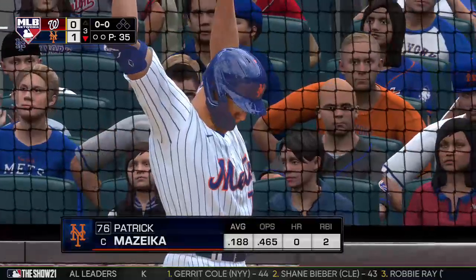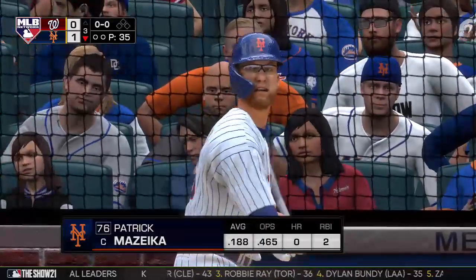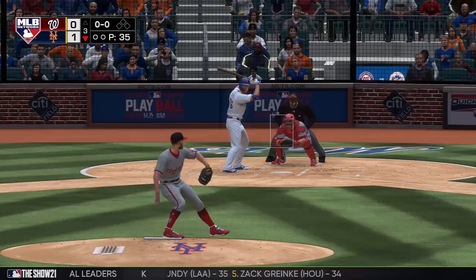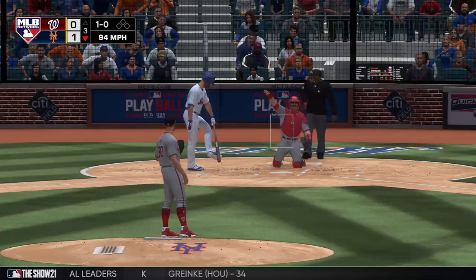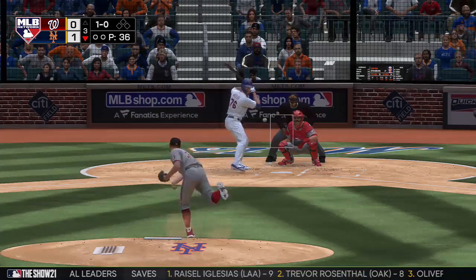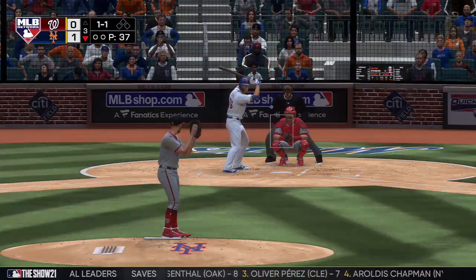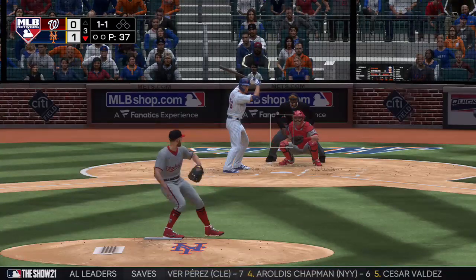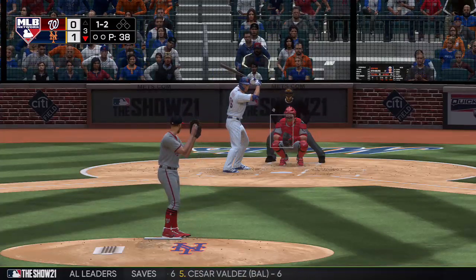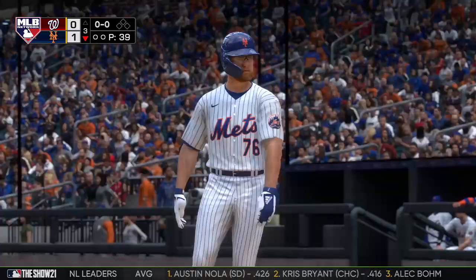Now into the box, Patrick Mazeika. It was an 0-for-4 day for him in yesterday's loss. And now the first pitch. The 1-0. Lifted down the line in left. Strasburg on 1-1. A ball and 2 strikes. And oh, he can't get out of the way of that one, so the leadoff man will be on to